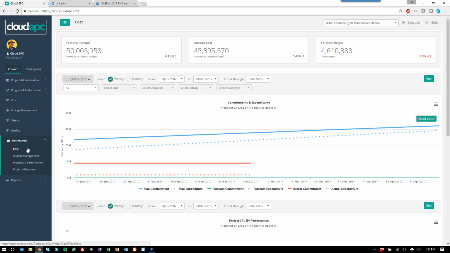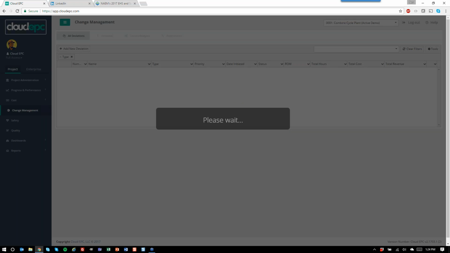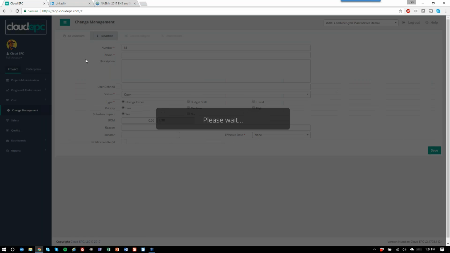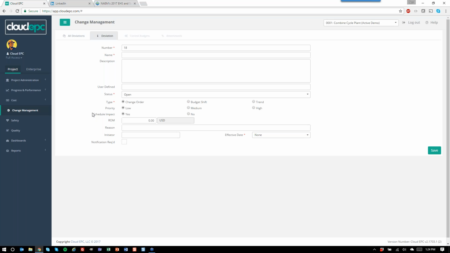And the last piece I'm going to show you here from a detailed perspective is our change management module. This is a fully integrated component. So essentially, as you add in any kind of deviation to the system, we will know to push and pull data from that budget table infrastructure to make sure that you always know the exact position in real time of where you are. We have 3 different types of deviations: traditional change orders, which impact the current budget as well as the forecast. You have budget shifts, which allow you to shift your budgets between them with a net zero impact for the dollars. And then we have trends, which is kind of a forecast only impact.